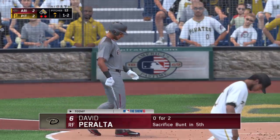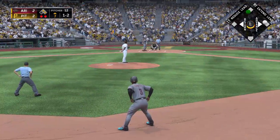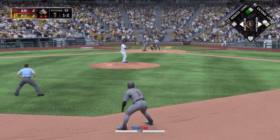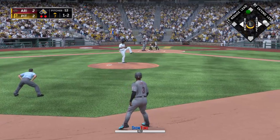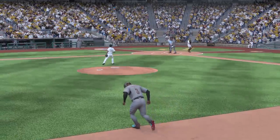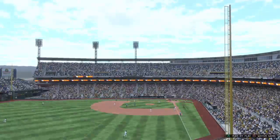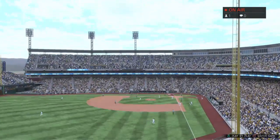David Peralta gets a shot now with 2 men on and 2 away here in inning number 7. And we'll see here if he can come through. It can be discouraging to see opportunities like this late in a ball game go untapped. Got him swinging, and that will end the inning. So it's no runs, no hits, no errors, and